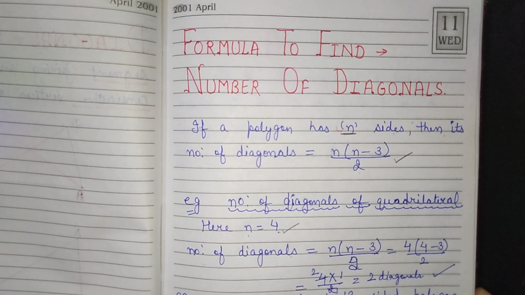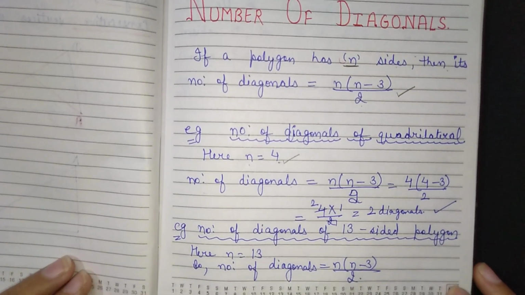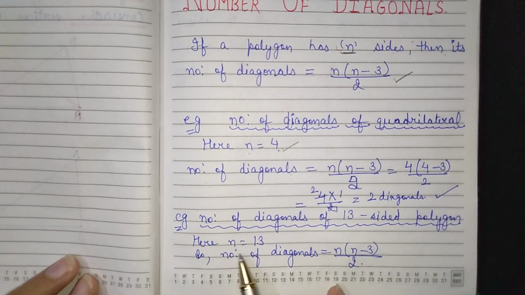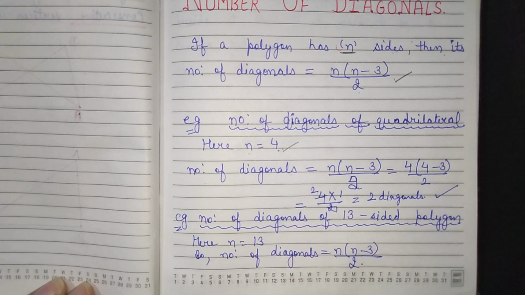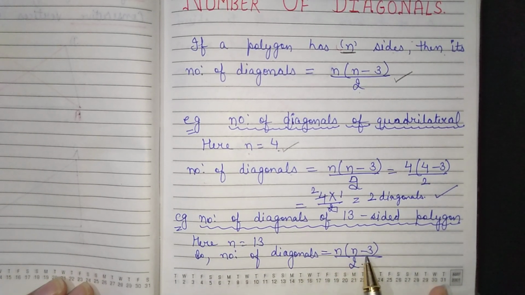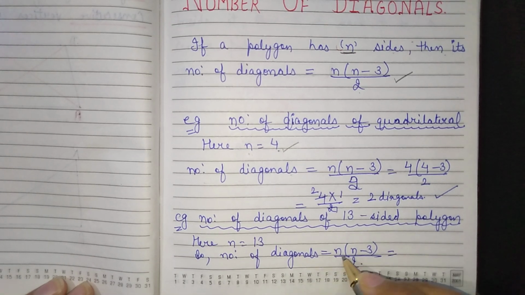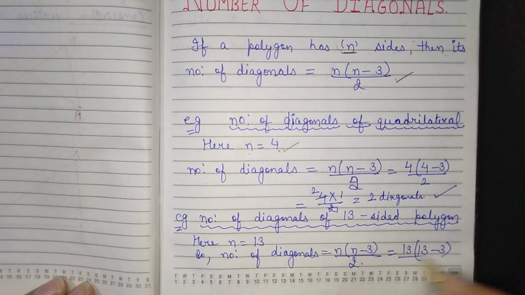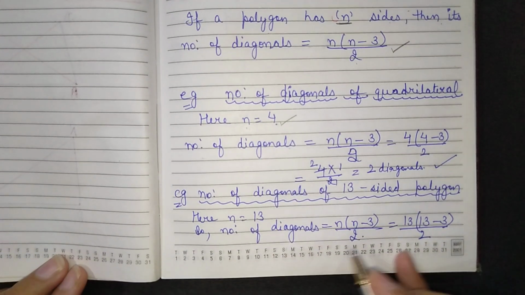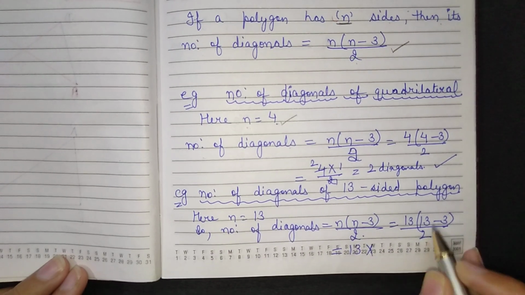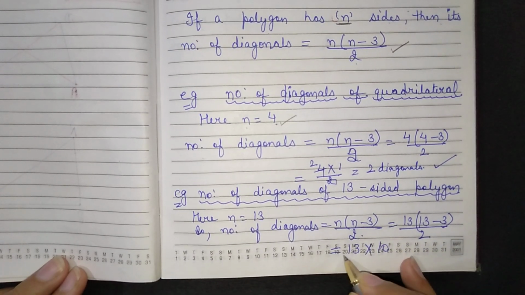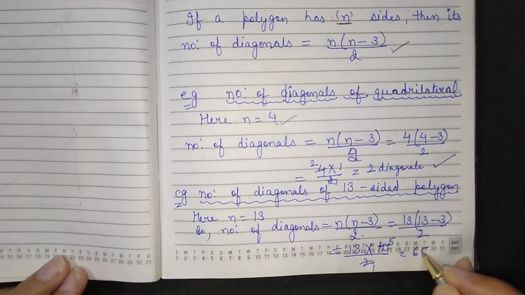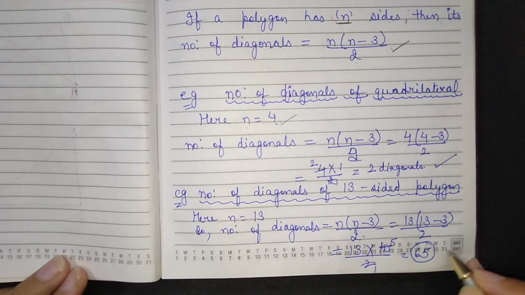Again, for that we shall be using the formula. Now the number of diagonals of a 13-sided polygon. Here n is equal to 13, n means the number of sides is equal to 13. So applying the formula n into n minus 3 over 2, in place of n I will put 13. Here also 13 into 13 minus 3 over 2. And solving this, what do we get? 13 into 13 minus 3 is 10. I hope you are getting this. 2 5s are 10, 13 5s are 65. Means how many diagonals have we got here?